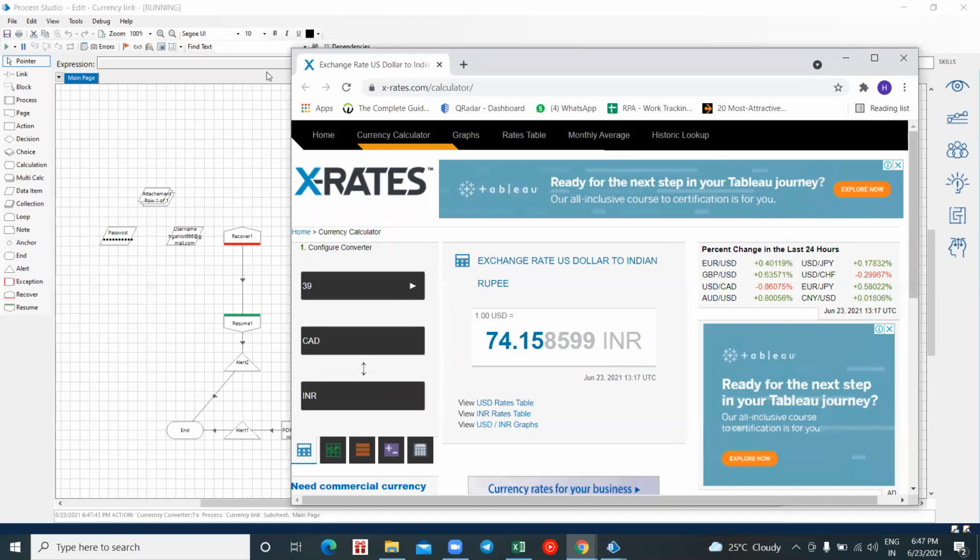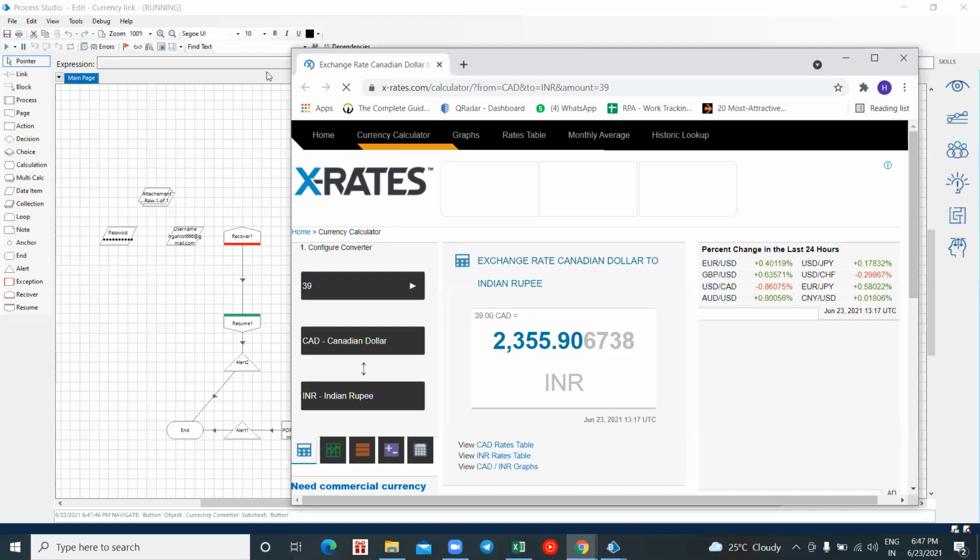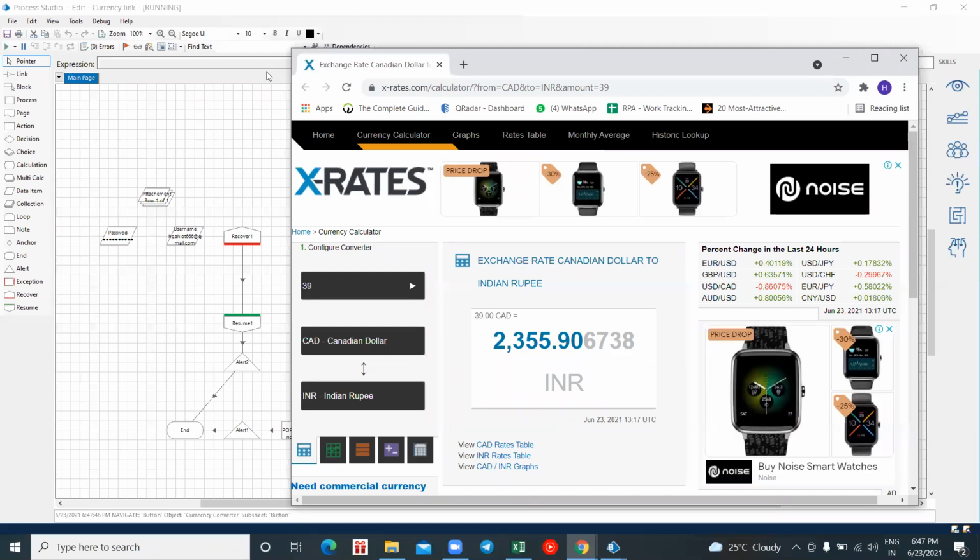It started writing there. Here you see the value of 39 CAD to our INR.